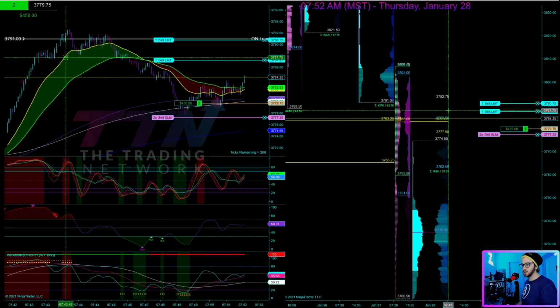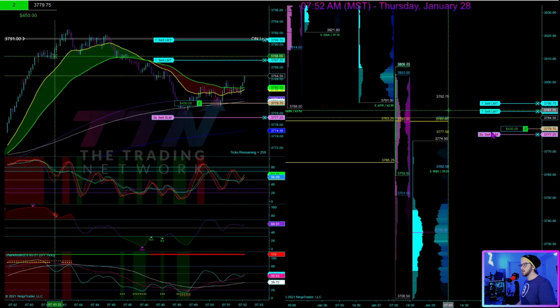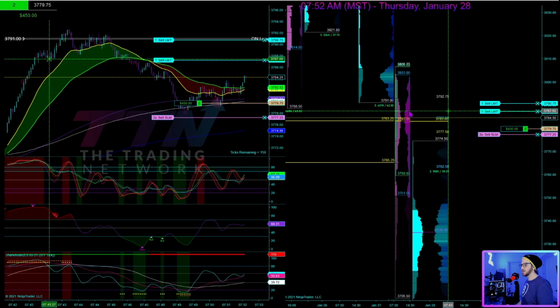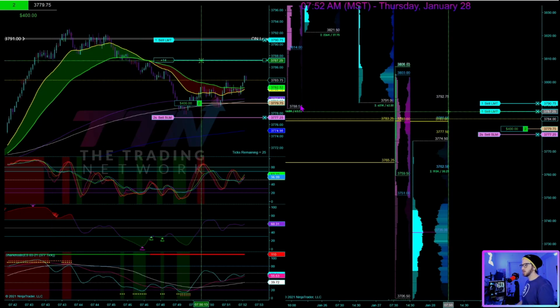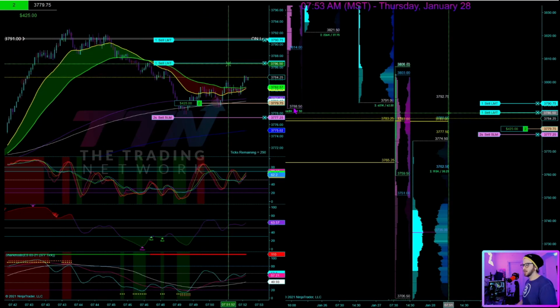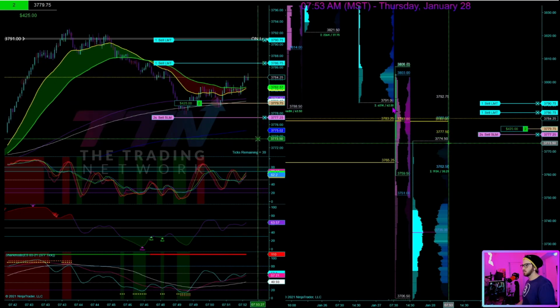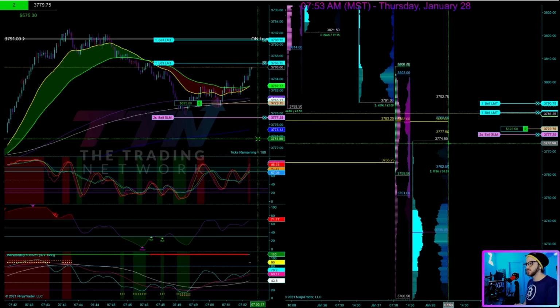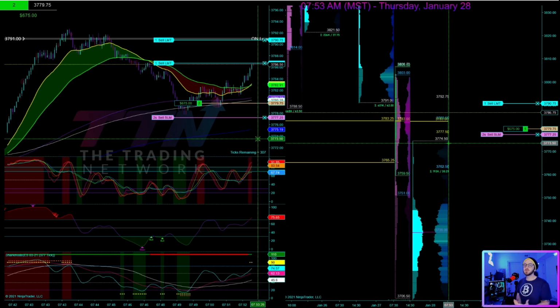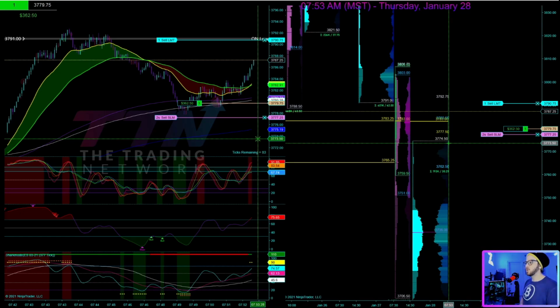So let me go ahead and play this, and you can see on the right side here that I have these targets set to market profile levels. So I'm targeting right under this 37.88 level, and I'm also targeting right under this 37.91 level. So that 37.88 is a range low from a prior regular trading hour session, and 37.91 is an overnight low from a recent overnight session.